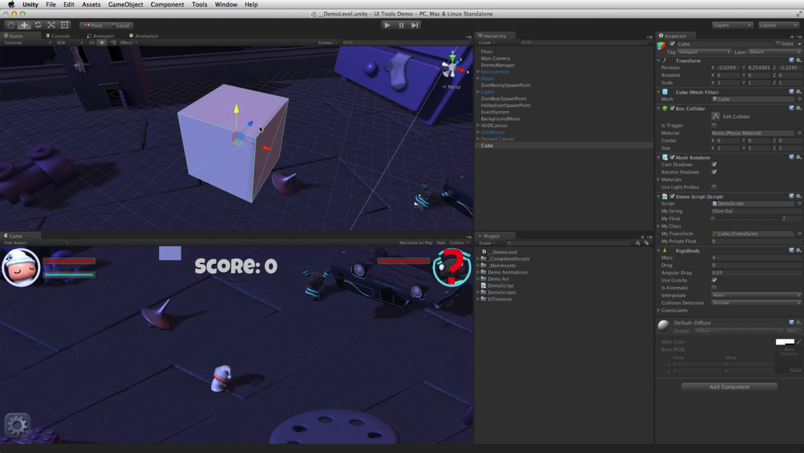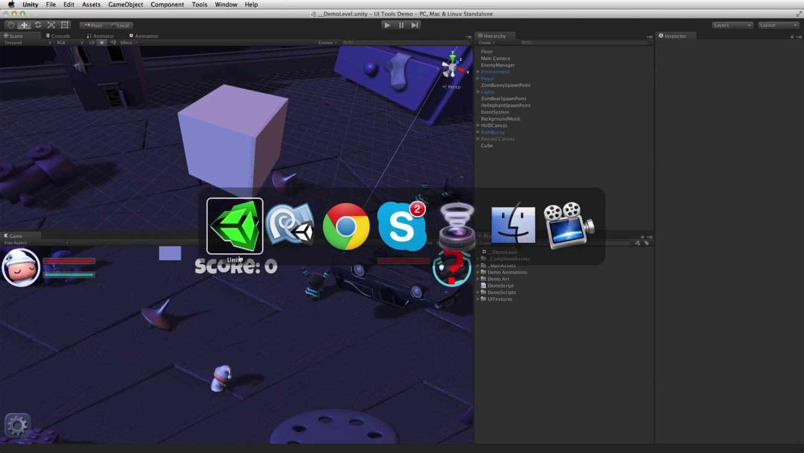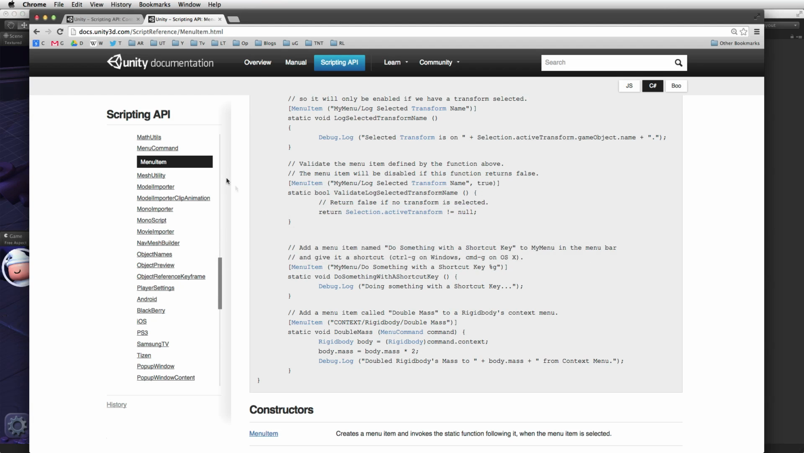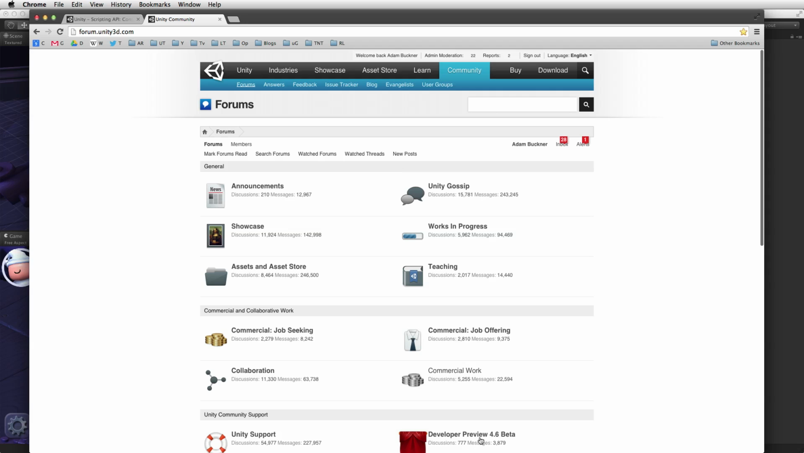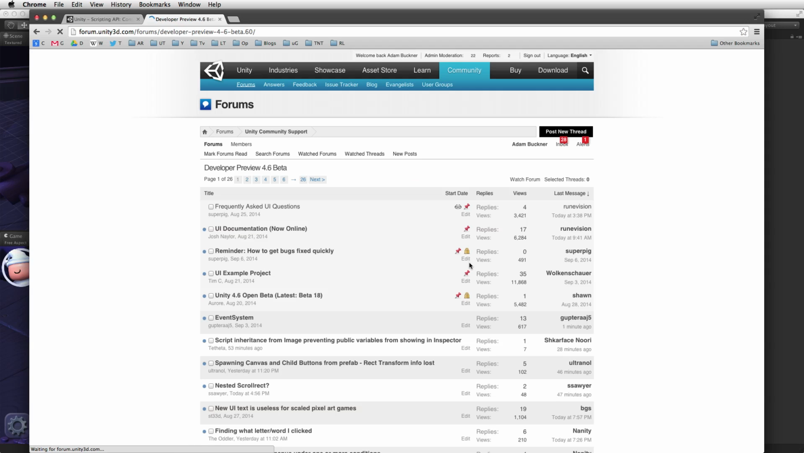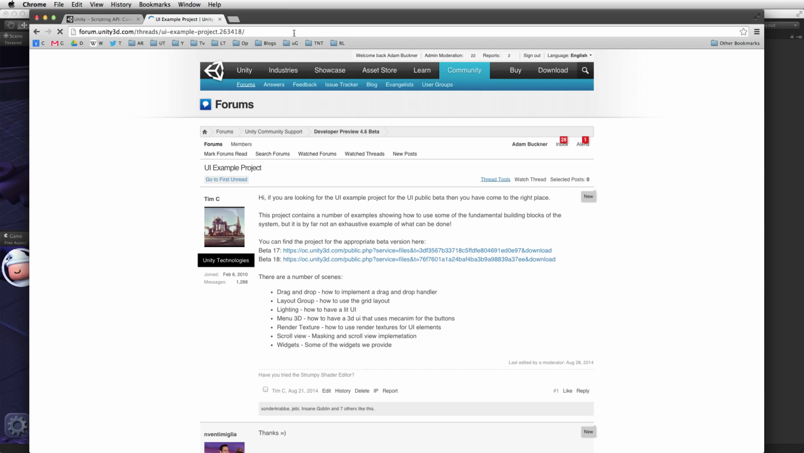So look at the 4.6. Let me just show you rather than tell you. That's what we're here for, right? Let me show you. So let's go to the forum. We've got our developer preview of 4.6 beta going on. And I believe we have the UI example project here. And so copy this and paste. There you go. And in the example project, you should find a script that you can enable to sort your